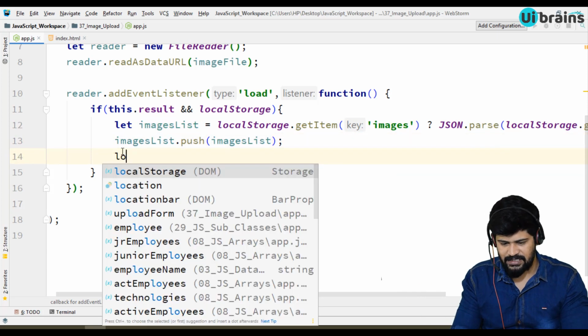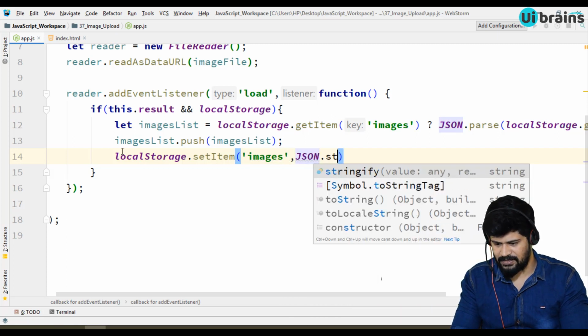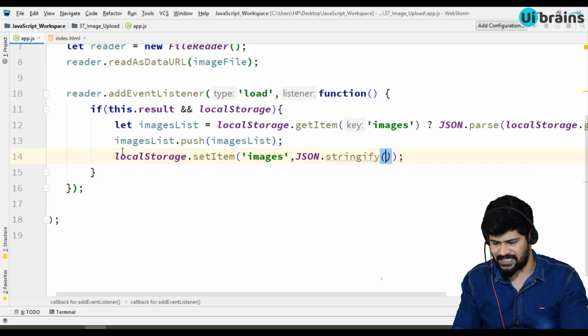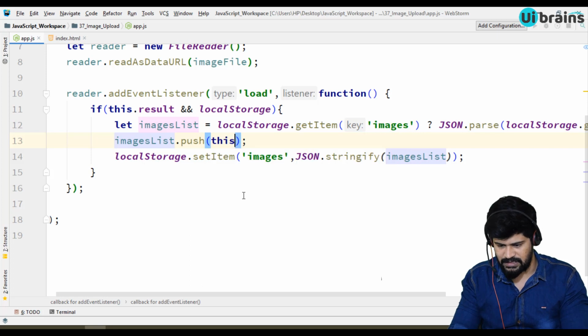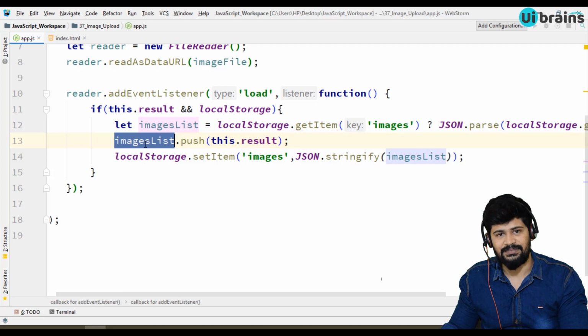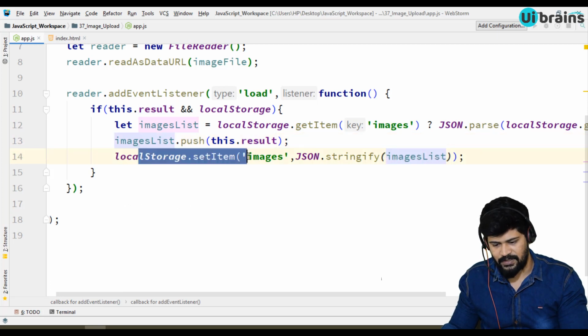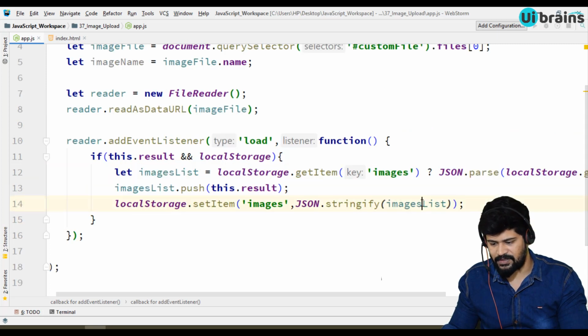So localStorage.setItem of images comma imagesList, but we have to convert it to a string with stringify, because we have to store data in local storage as a string. What you have to push to the image list is this.result, the actual image file contents, and push it back to the local storage with a key called images. Fine. So now we have stored the data back to images.